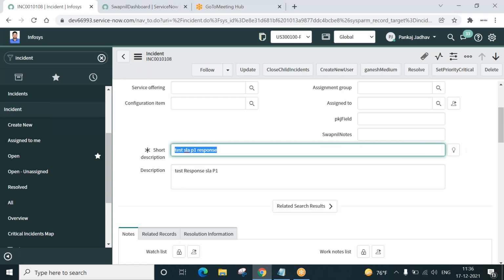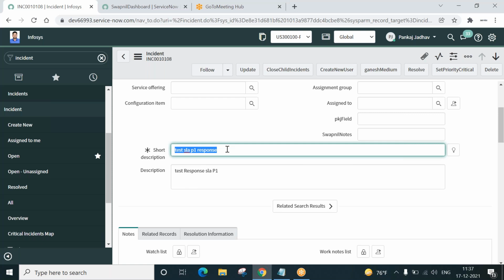It should check this short description against the short description of all the incidents present in the system, and show me a count in a dialog box. So in short, if I open an incident, it will first check the short description, compare it with the short description field of all the incidents in the system, and bring me the count.